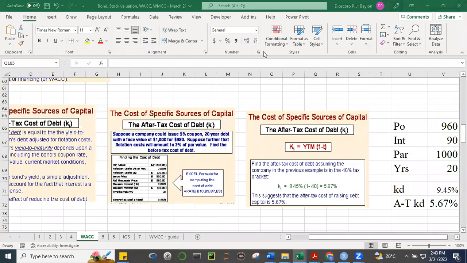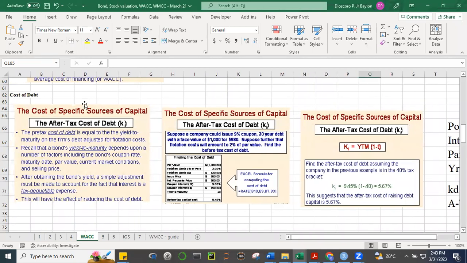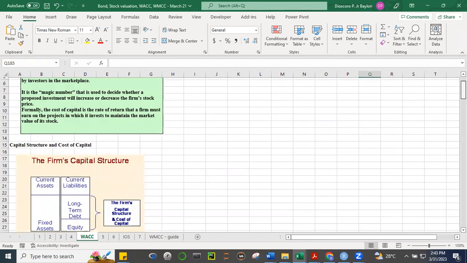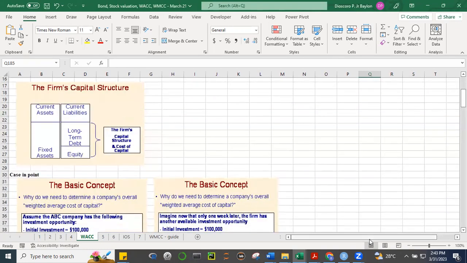Good afternoon. Today we're going to discuss a very important topic in finance, which is the weighted average cost of capital. So if we take a look at this diagram,